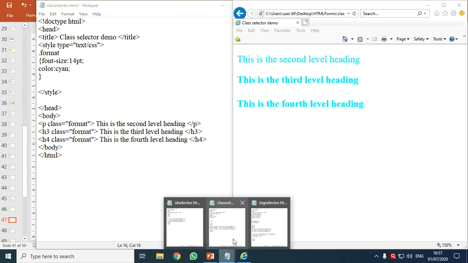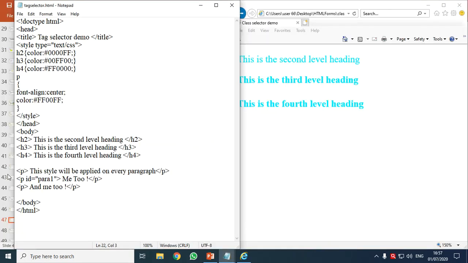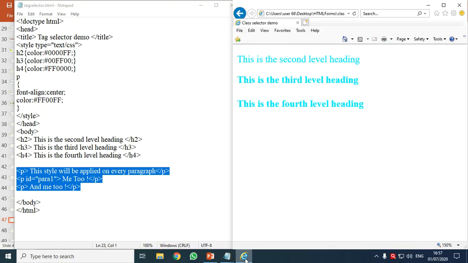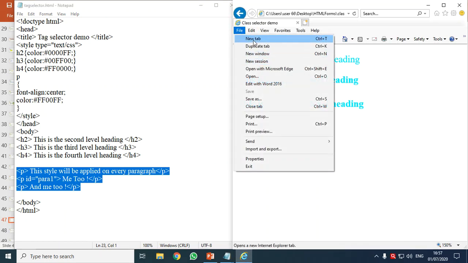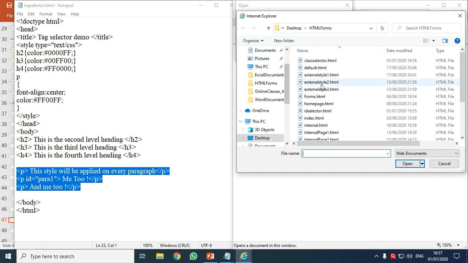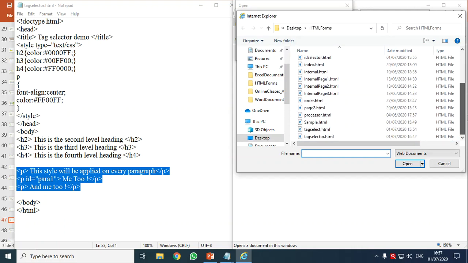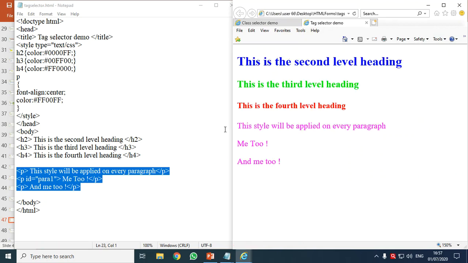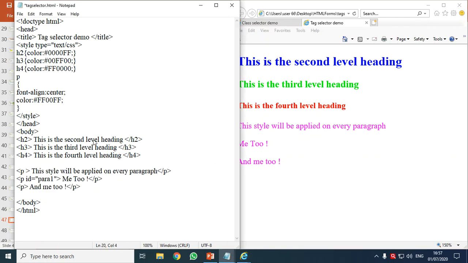Similarly, we will also understand with our first page. In this case, what happened? We had three P tags and all the three P tags have this output. Okay, file menu, new tab, and I'll open the output and keep. It was called a tag selector. Okay, see, all the three were looking similar, but I don't want all the three P tags' text to look similar. Then what should I do? Here I can introduce class equal to, what should I say? Say P1, I'll give some name.